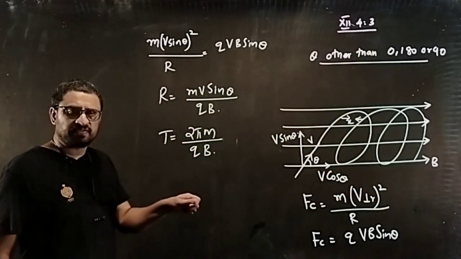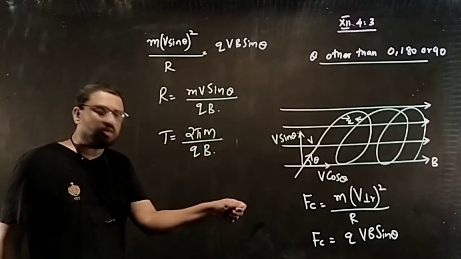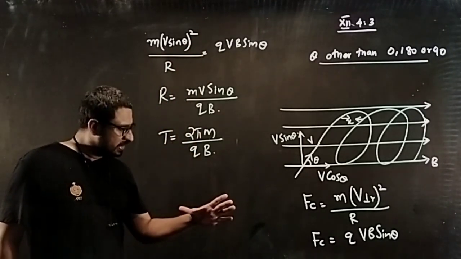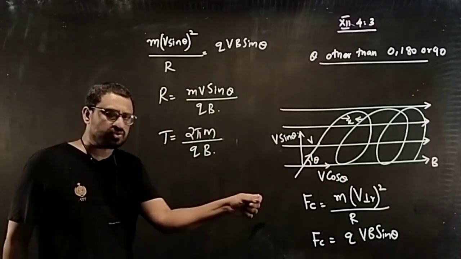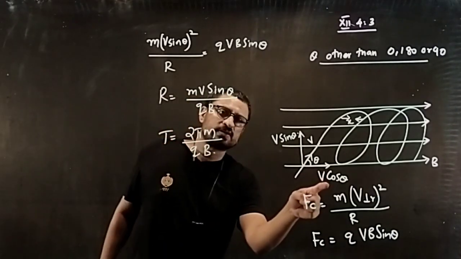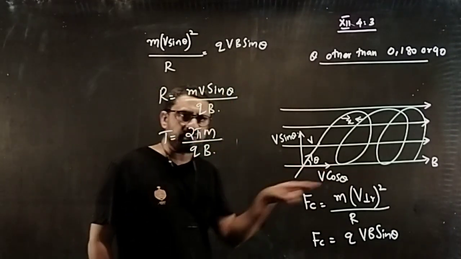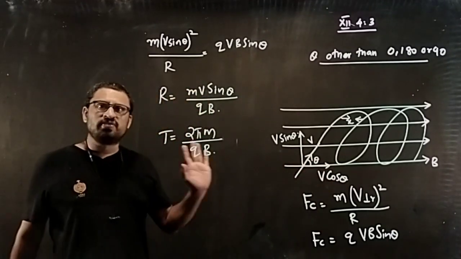So if you start from here, this is what is happening during one complete circle, and in between it travels certain distance, right? You got it? It's moving forward also. So this much distance it has traveled. And who makes it travel with velocity? v cos theta, isn't it? It's moving forward by v cos theta. So that motion is a horizontal uniform motion.